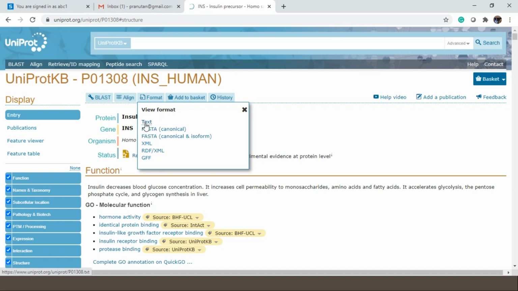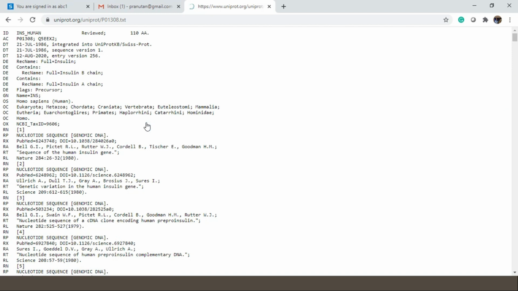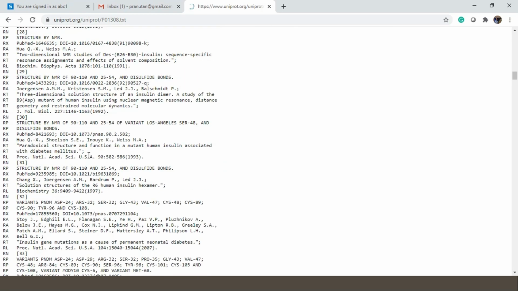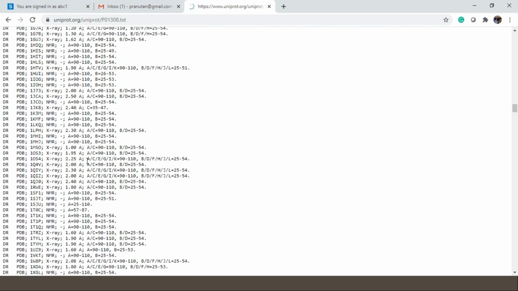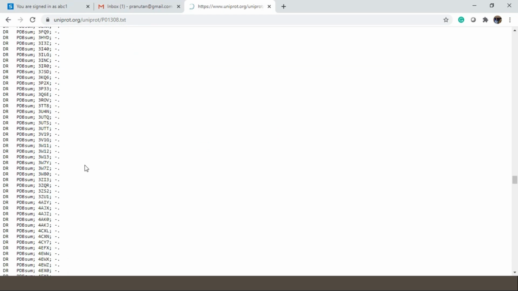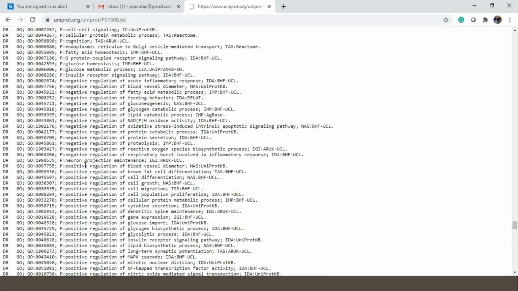If I click on the text, now you may find the ID, AC, DT, DE, GN that I have already explained in the class, organism classification, reference position, reference number, reference location, and finally reference title, everything A to Z information in the EMBL file format.